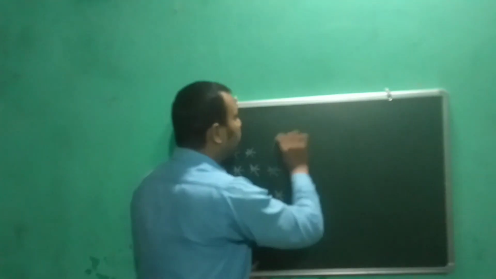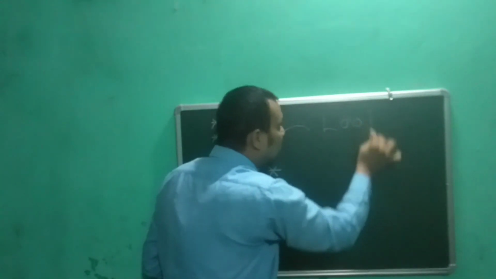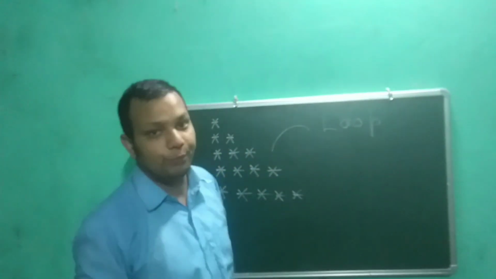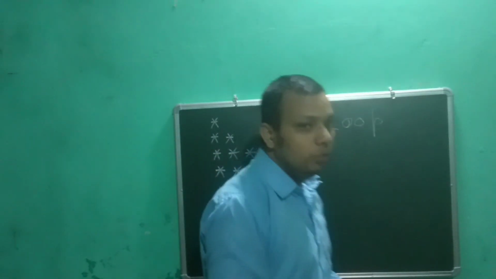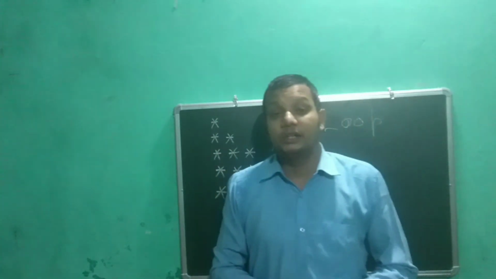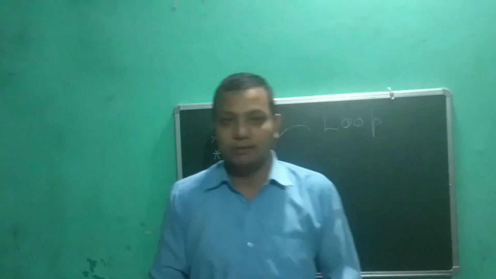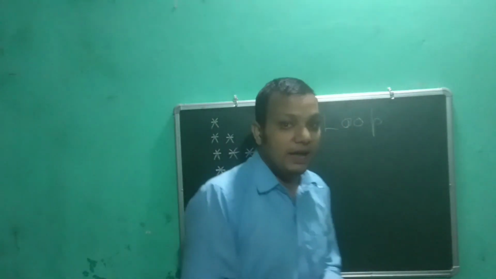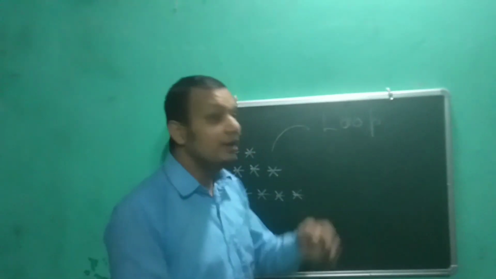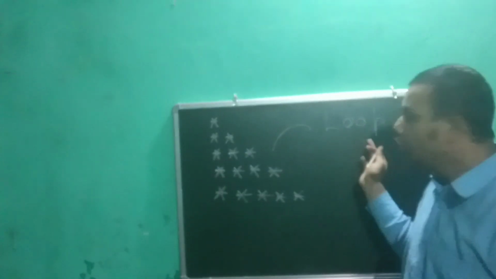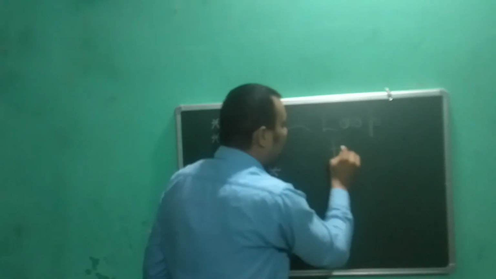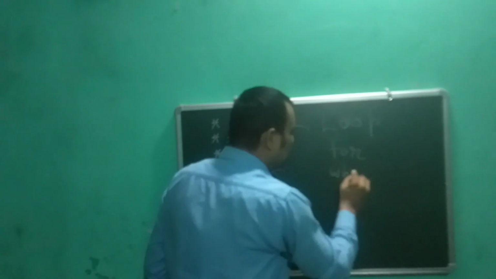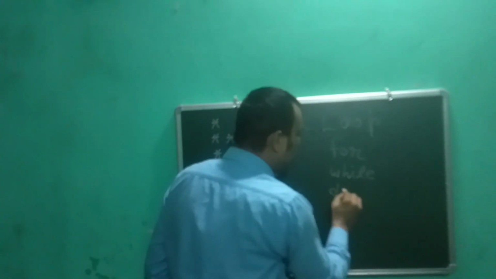For that we have to do what? Loop. We need to understand the concept of loop. What is the meaning of loop? Loop means repetition. Okay, there is a feature in Java and in other programming languages that is called loop. It will help us to reuse the code. We will reutilize the code with the help of the loop feature. For using the loop feature, we have three types of loop in Java. We have for loop, we have while loop, and we have do while loop.